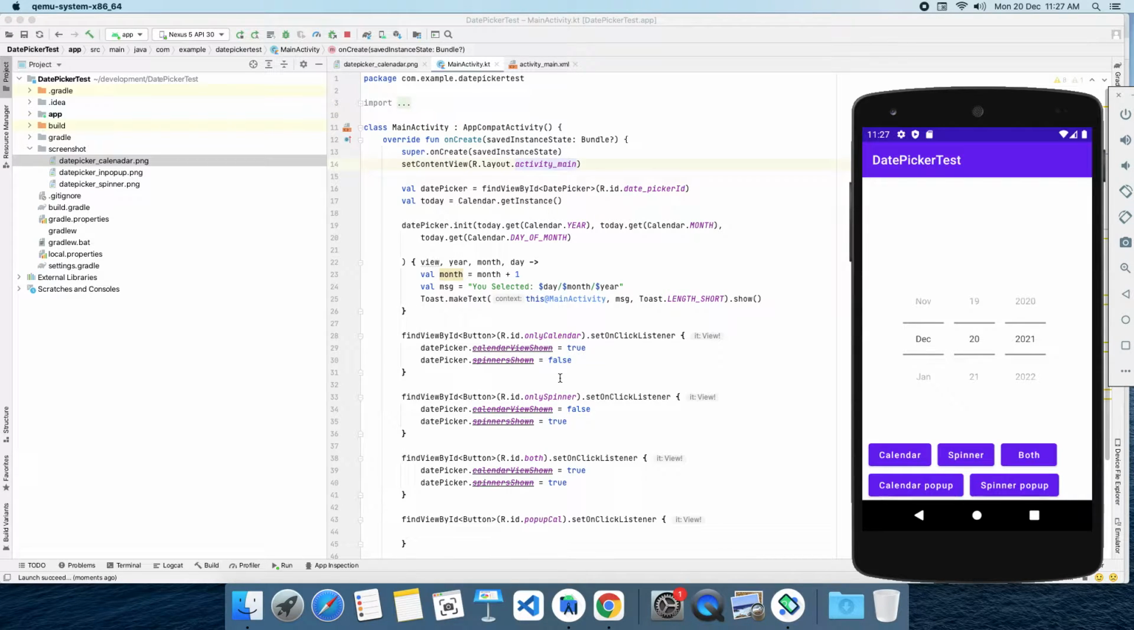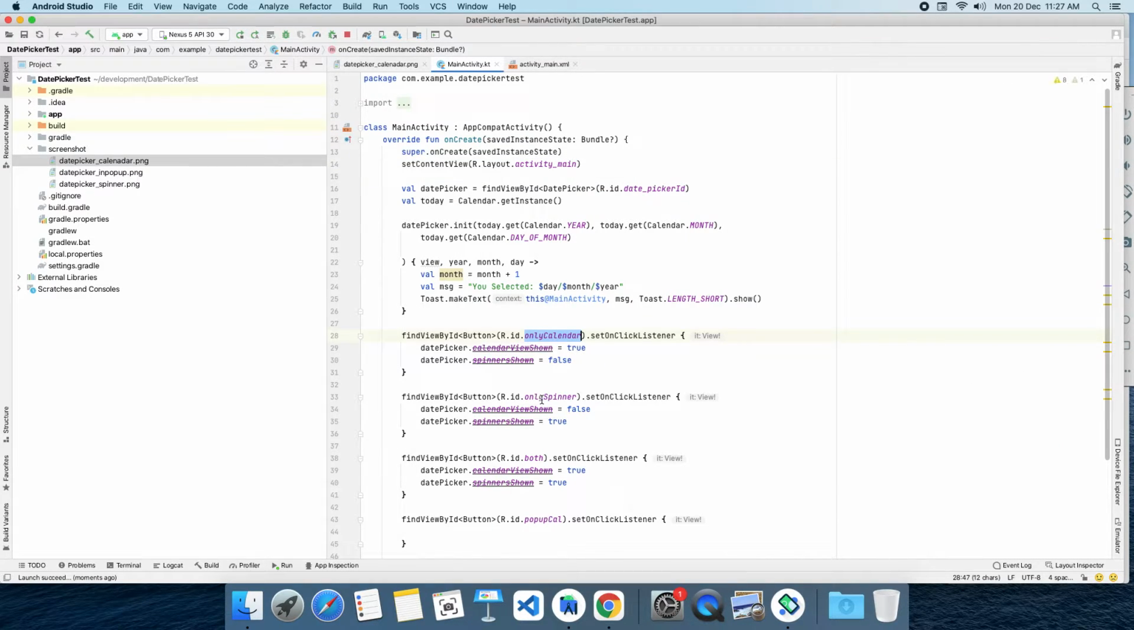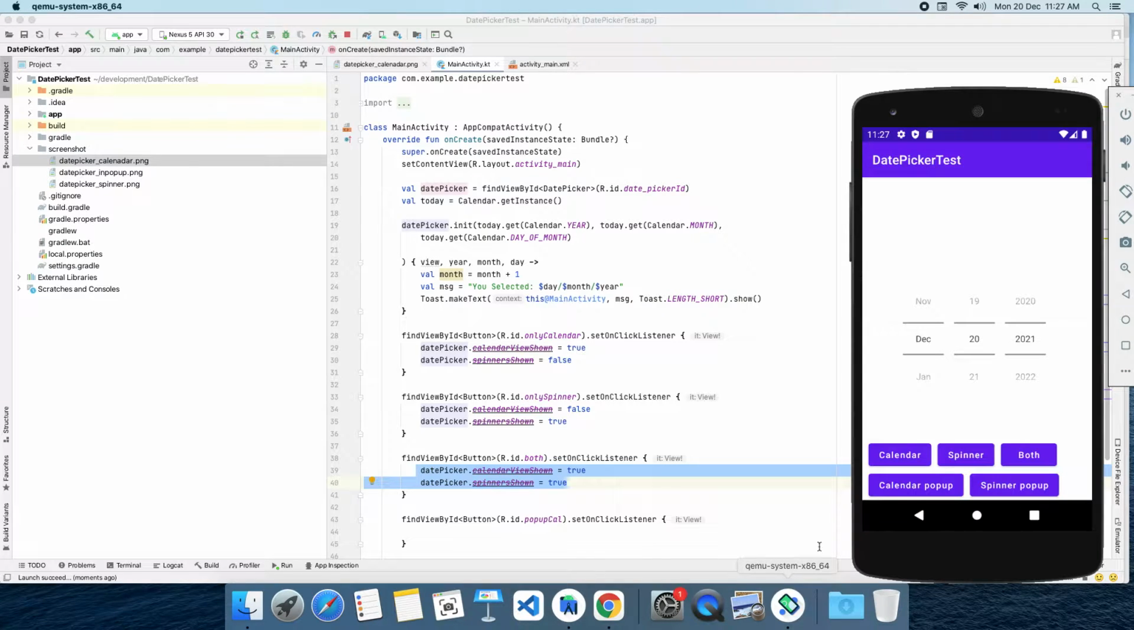App is now ready. See, we have three buttons: only calendar, only spinner, and both. When I tap on only calendar, we are showing a calendar and disabling the spinner. When I want to show a spinner, I am showing the spinner and making the calendar view false. If both, I am showing both items at the same time. See, I am clicking on calendar, the calendar view is coming, I am switching between months, I am selecting one date. If I want to display a spinner, I tap on spinner, I am selecting some date. If I want to see both, I can directly click on the both option. Okay,